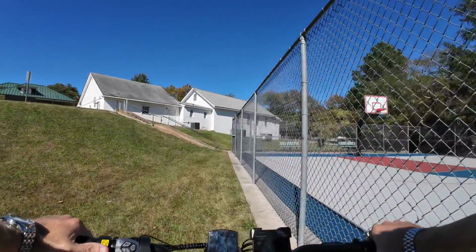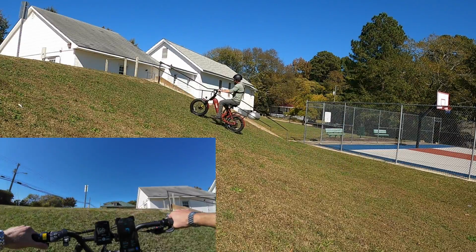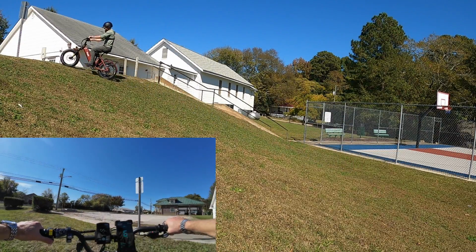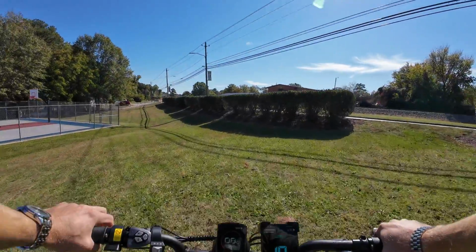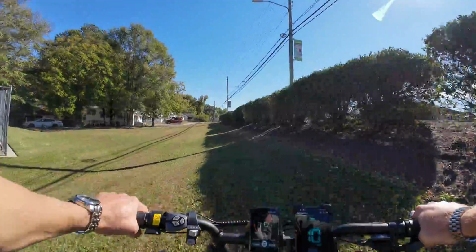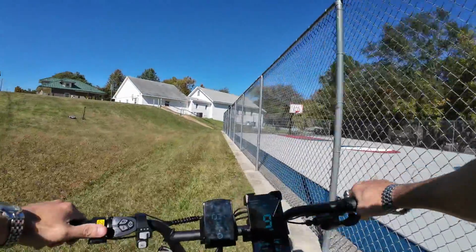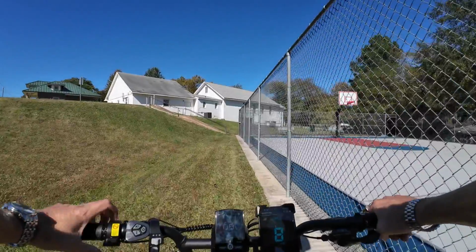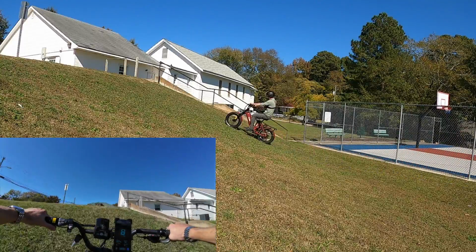Try to go straight up the hill. Just starting from an all-out dig. There you go. Right up. That's these bikes with these 1500 watt, 2000 watt motors. I mean, holy cow. There's power for days in these things. There's no way you can even come close going up this hill with just pedaling without the motor. Like no chance at all. But right up,